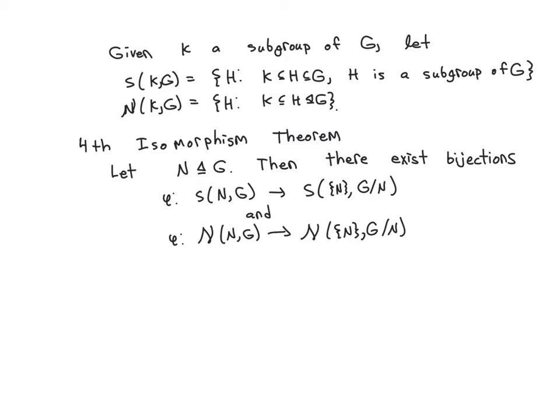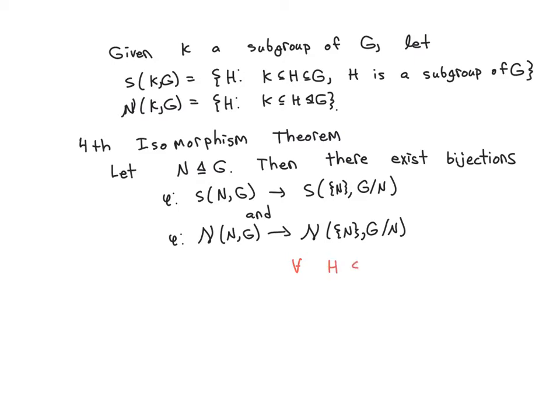Then the fourth isomorphism theorem is the following. Suppose you have a normal subgroup N of G. Then there exist bijections, I'm going to call them both phi, between the subgroups that lie between N and G, and all subgroups of the quotient group. So in other words, every subgroup of the quotient group,